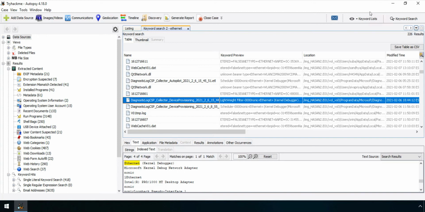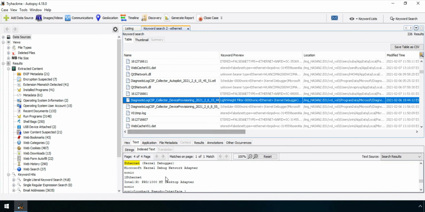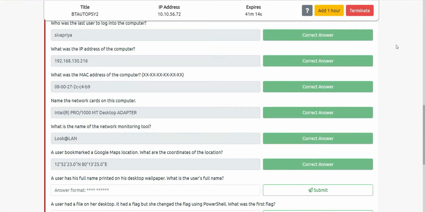When I searched for Ethernet in the keyword search, I found the diagnostic logs of Windows where Ethernet was given, and it also had the name of the adapter being used. So it verifies that we were in the right direction. It is the Intel(R) PRO/1000 MT Desktop Adapter. Let's write the answer.